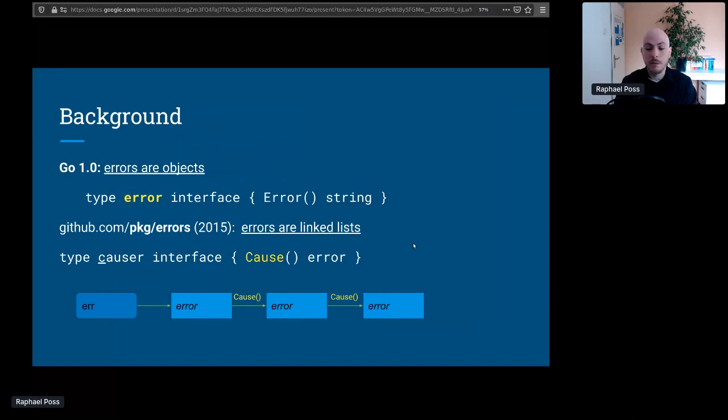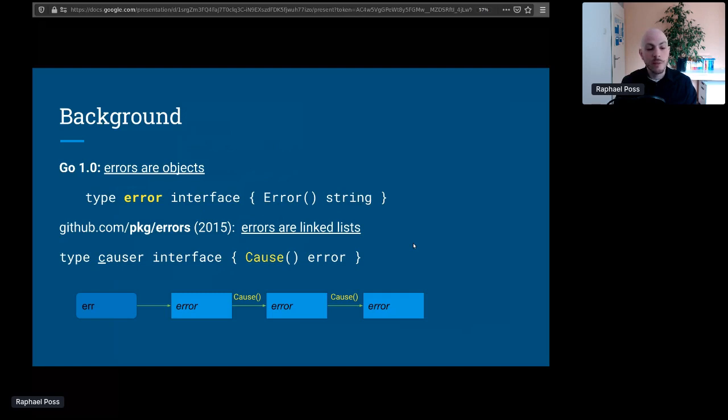Then soon after that, a couple of years after Go started, but a long time ago, the pkg/errors package created an extension to that vision: that errors are linked lists. The idea behind this is that it's interesting to be able to decorate errors with additional payloads that describe additional circumstances, for example, stack traces and other things.